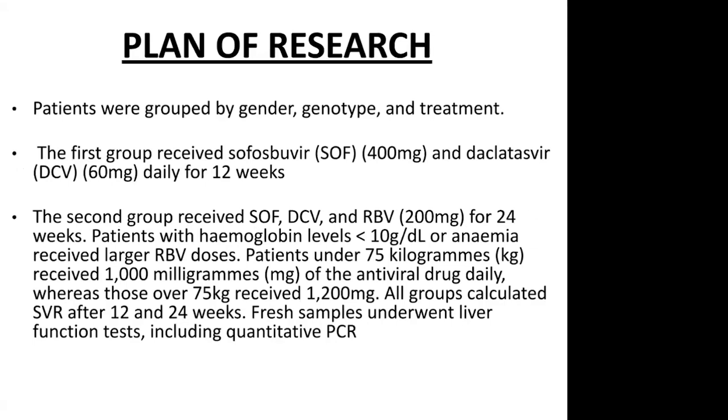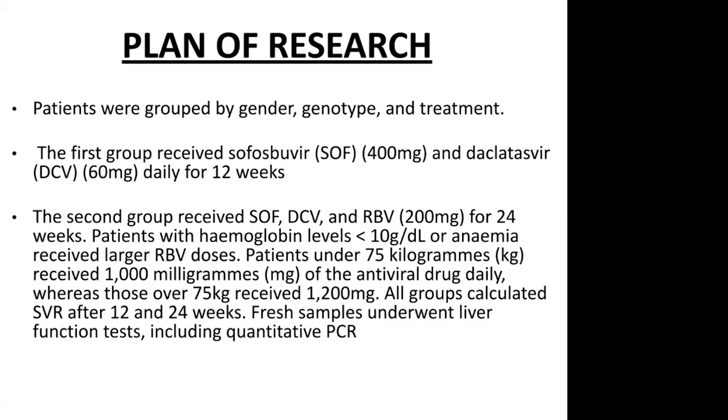Those patients with hemoglobin levels less than 10, or anemic, received lower ribavirin doses, whereas patients weighing less than 75 kgs received 1000 mg of the antiviral drug, whereas those over 75 kgs received 1200 mg. In all the groups, we calculated SVR rates after 12 weeks and 24 weeks. So the fresh samples underwent the liver function test and quantitative PCR, which were used as the markers for treatment